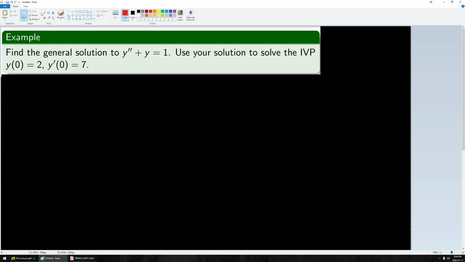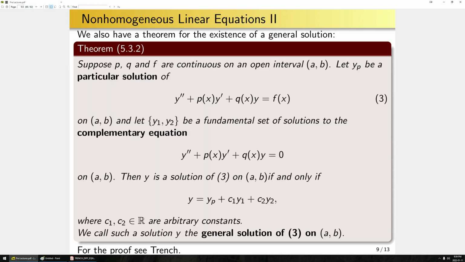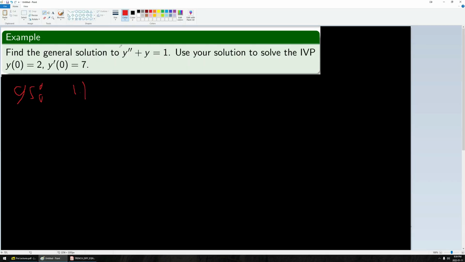To solve this question, to find the general solution, so GS for the general solution part, I first need to solve the homogeneous problem. If I go back to my previous theorem, to find the general solution, I need to find this bit here. So we could go through and rehash all the arguments for trying to solve this from scratch, but we have that nice theorem, and feel free to use this theorem, but you should know the proof because I might ask you to